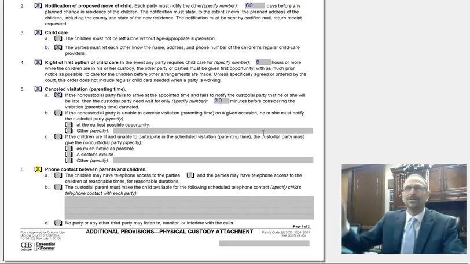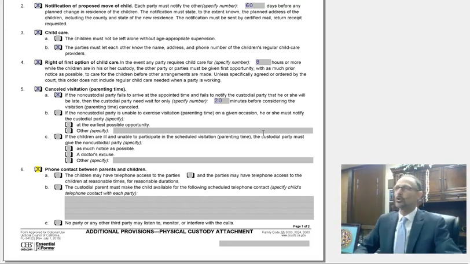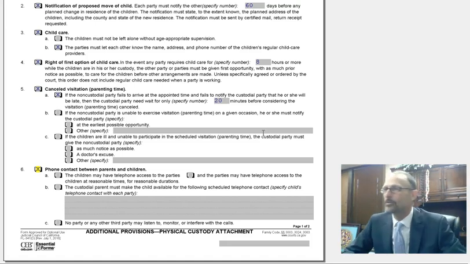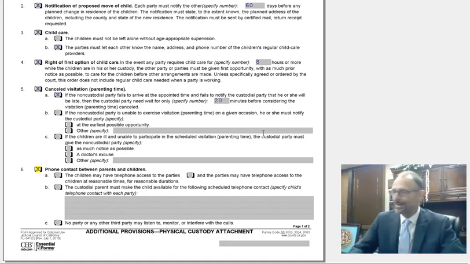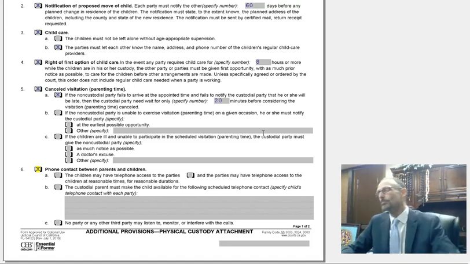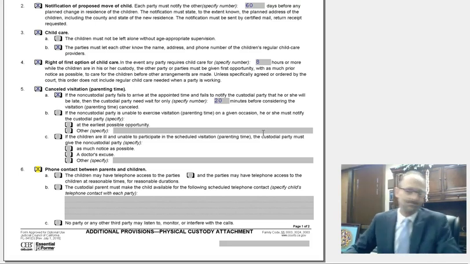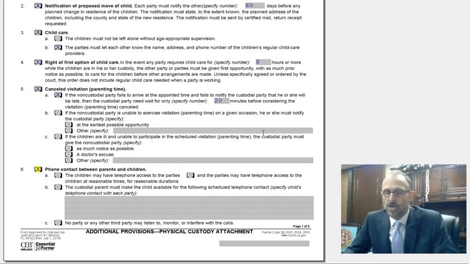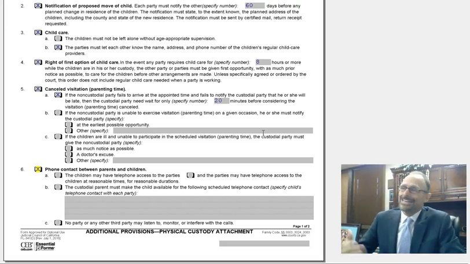Now, there's an argument all the time about, well, it's my custodial time and I don't want him bothering me when I've got custodial time, or dad says, my time with the kids is so limited anyway, I don't want her bothering the children or me during my custodial time. Let's not play that game. That's a really, really good way to anger a judge. You need to